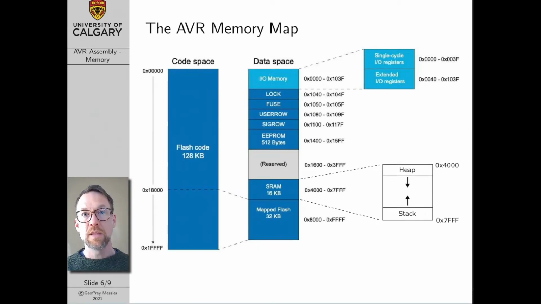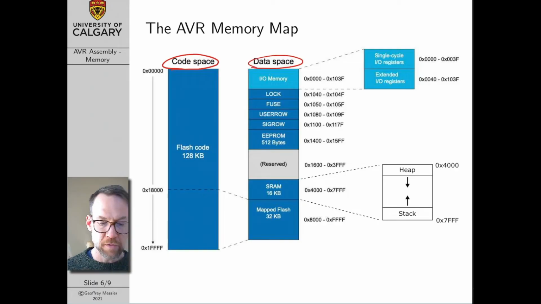If you look in the AVR datasheet, you're going to see this picture. This is the picture of AVR data memory. You can see that we've got our code space and our data space, basically our instruction memory and our data memory. One thing that's a little bit confusing, you're going to see we're using 5 hex digits for our addressing here in code space. That's because for whatever reason, this diagram assumes byte level addressing,